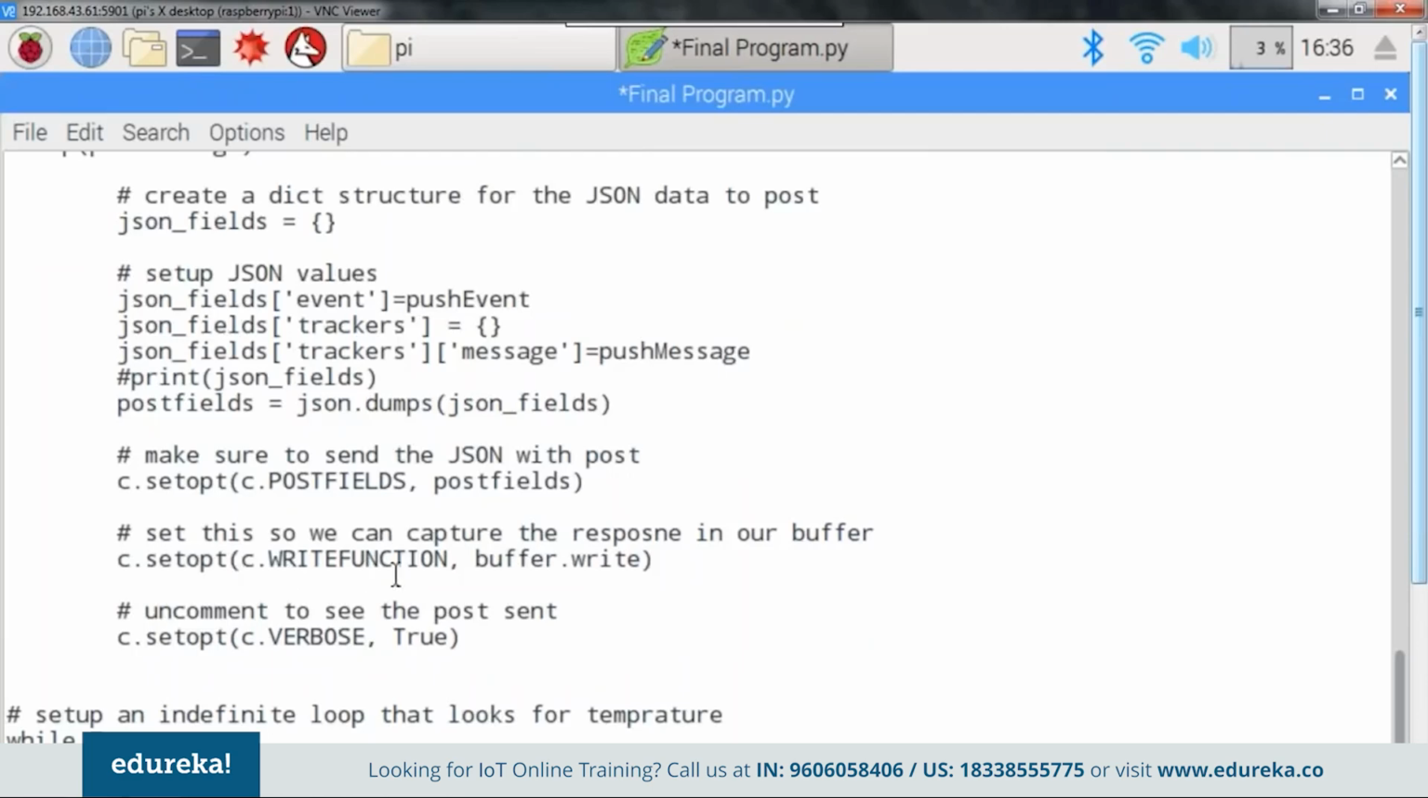So for that, I'm also going to use a buffer.write operation, and this can be done with the following command: c.setTop, inside which I'm going to write c.write function and buffer write. That is, the write back has to be into my buffer. Okay. Now if you want to be updated whether the post has been sent, then you can use the following